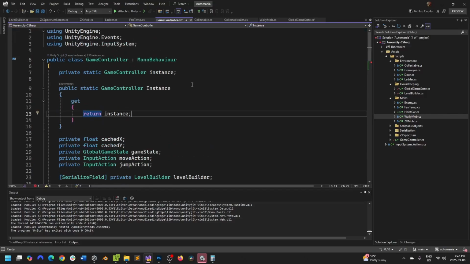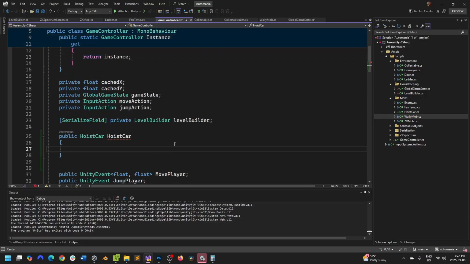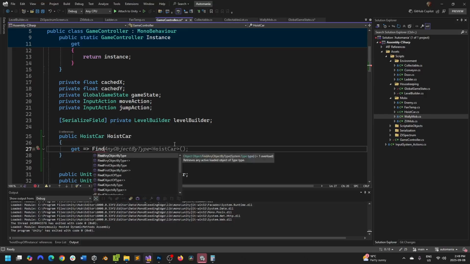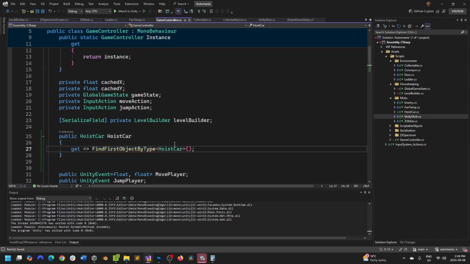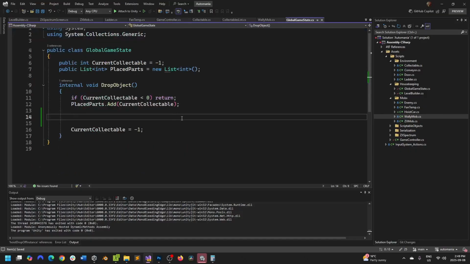And then find object, first object by type, hoist car. I don't want it to find anything else. I just want it to find the hoist car. We don't know where it is, but we're going to use it here. So then I'm going to say game controller instance hoist car